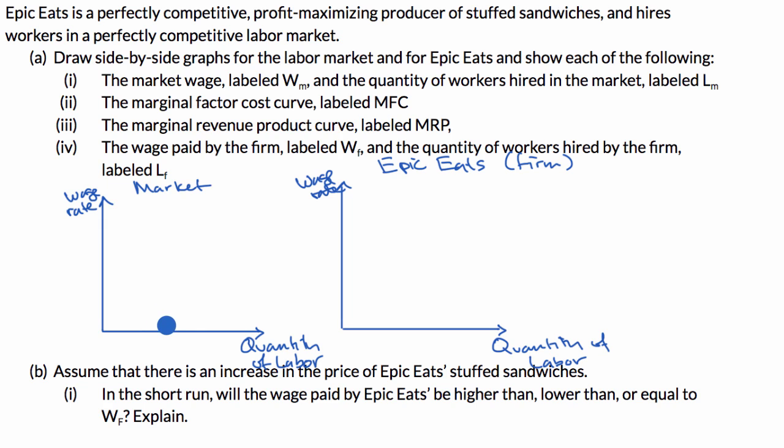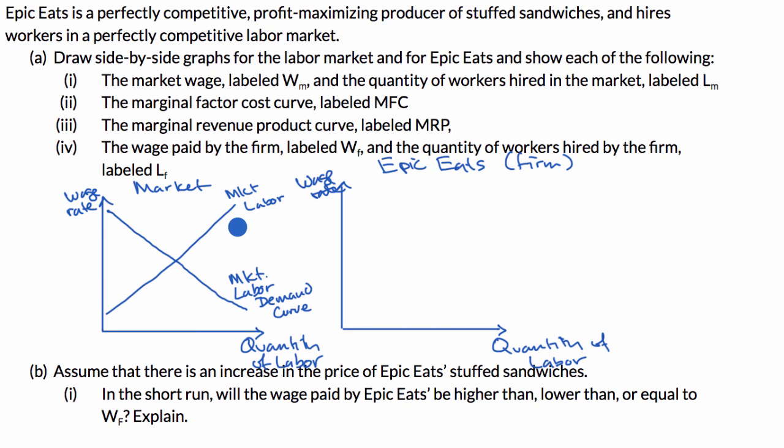Well, to do that, we're going to have to think about the demand for workers in the market. Well, at a high wage rate, there's not going to be a lot of labor demanded. And then as the wage goes down, more and more people are going to want to hire people. This is the market labor demand curve. And then the supply curve is going to be upward sloping. At a low wage rate, not a lot of people are going to want to give their labor. But then as wages go up, more and more people are likely to want to be part of the labor force. So this is going to be the market labor supply